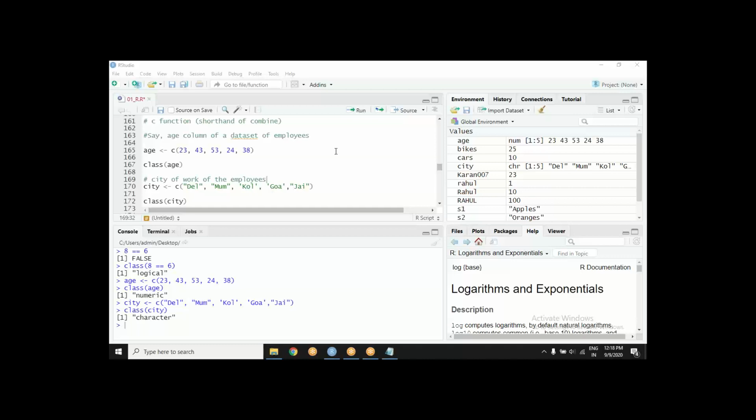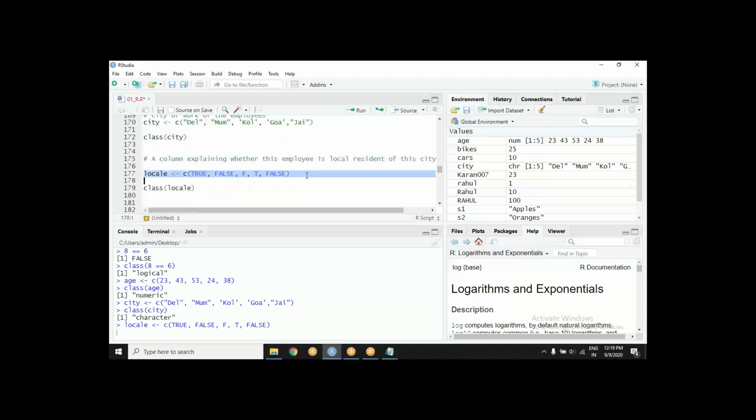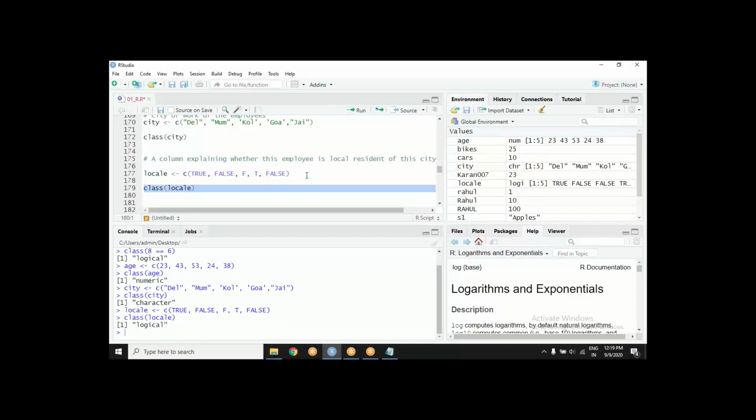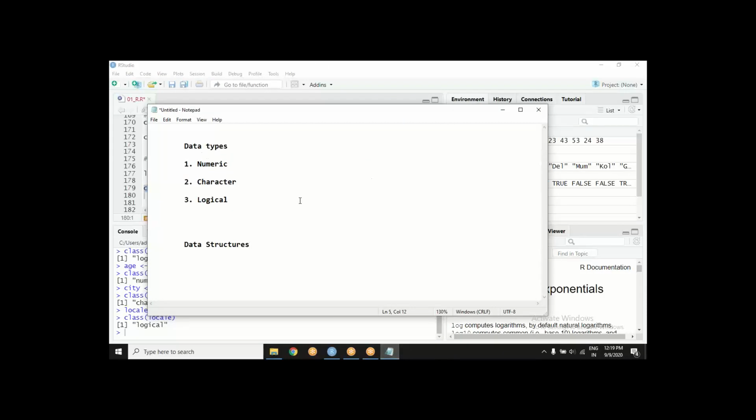So what would be the class of this kind of column? This vector would be of class, what do you see? Logical, of course. So what all you have seen is, I think now some clarity on logical, guys.